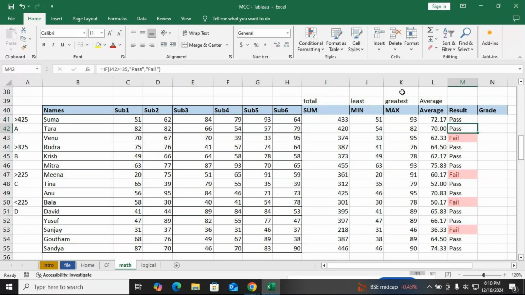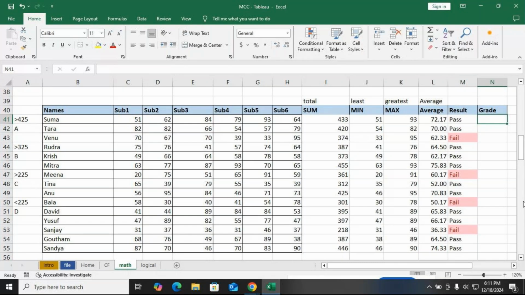But here I don't have a condition saying that if A is not matching, go to B. I'm not saying that. I'm saying if I'm getting an A, then give me this. If I'm getting a B, then give me another one. If I'm getting a C, give me another one. I'm not giving an option here, I'm giving a choice. If this is a particular score, according to that, give me a grade. Don't give me an alternative option. Just give me this requirement. Right. So what we will do,